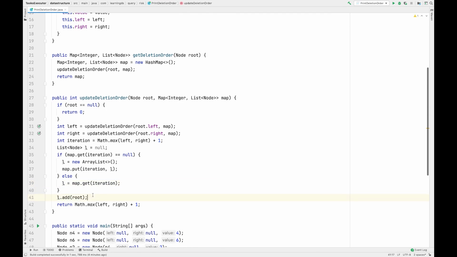Like that you can do, right? This is also better. Rather than calling map dot put every time, you can have a condition. I mean, whenever it is null, then only you create a new array list and put it into the map, and every time you are now adding that root element into the list after getting the value for that particular iteration.